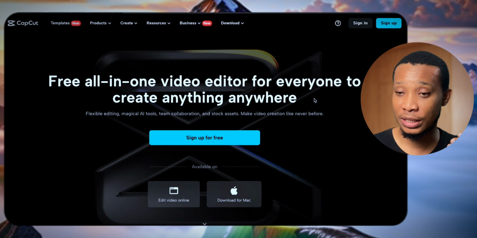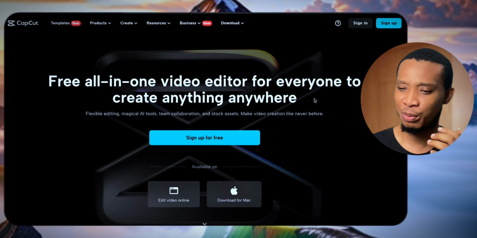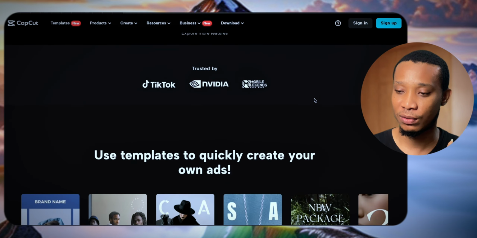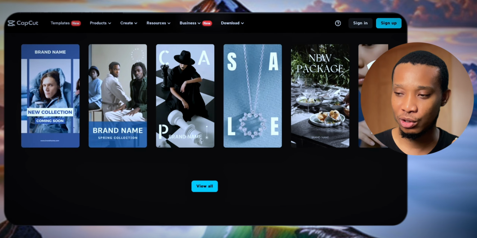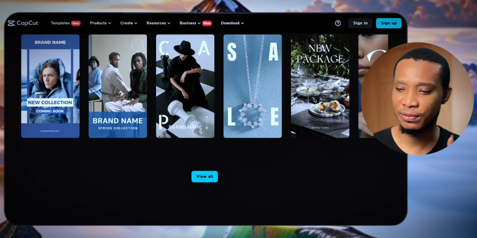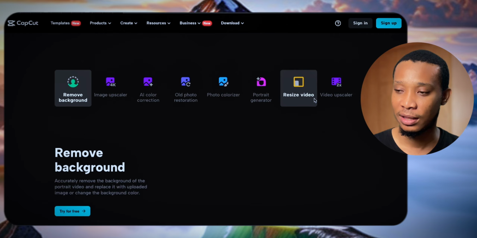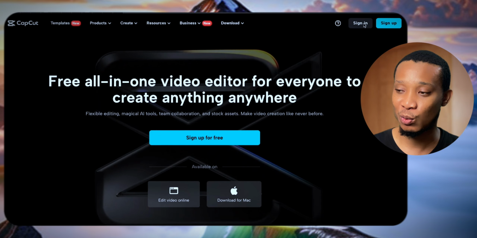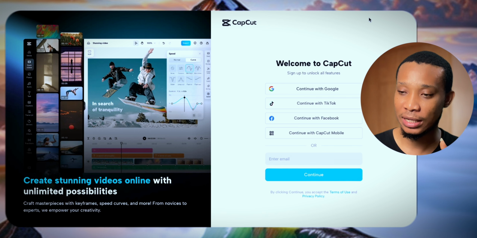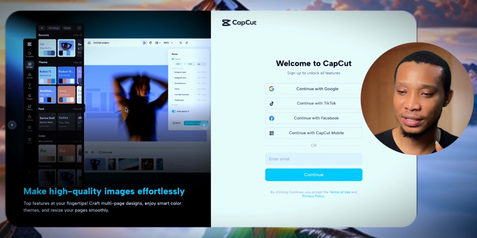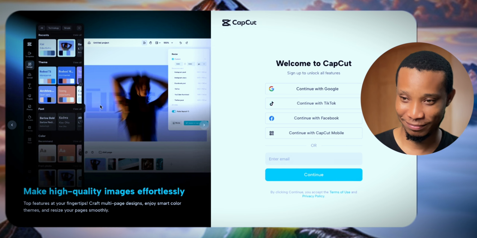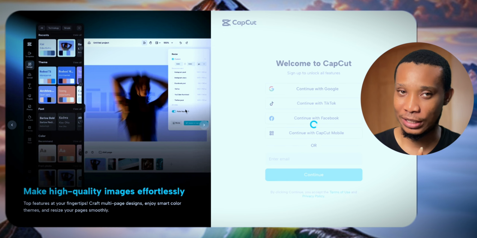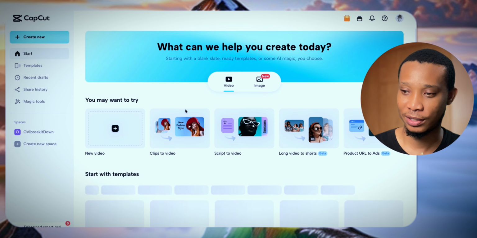First things first, you will notice that CapCut is still presented as a video editing software. But when you start going down, you will notice a lot of designs that kind of feel like Canva, right? Now, this becomes more spooky when you hit the sign in button. Because once you're getting ready to sign in, you start seeing an interface that sort of looks like what you know with Canva, right? So let's get into it to see if our suspicion is right.